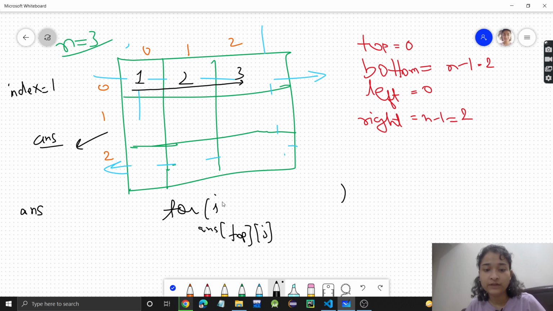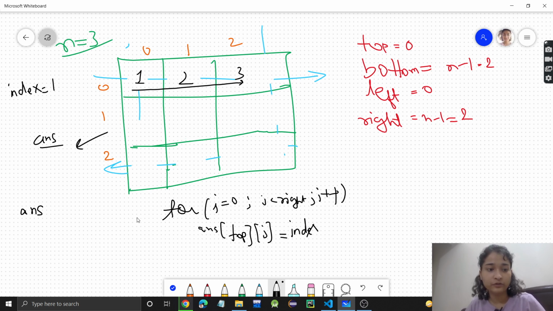So here I will have a loop j starting from 0 till j less than the last column, that is right, with j plus plus. So answer, I will store this index value.